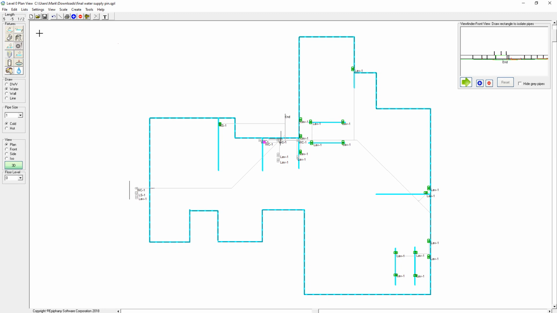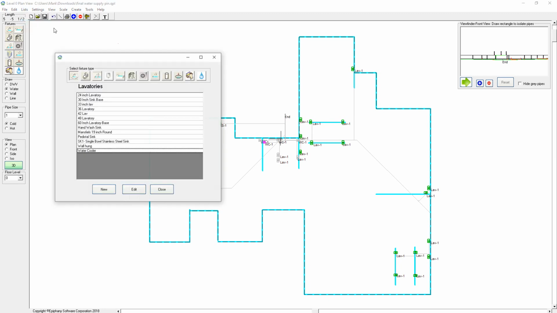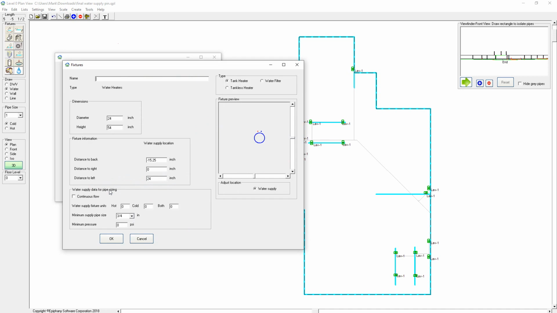So we're going to click on Lists from the top menu, Fixtures, and then click on the water heater icon, and we're going to do a new water tank. It's a variation on the water heater, or actually a variation of the water filter. So we're going to name this new fixture water tank